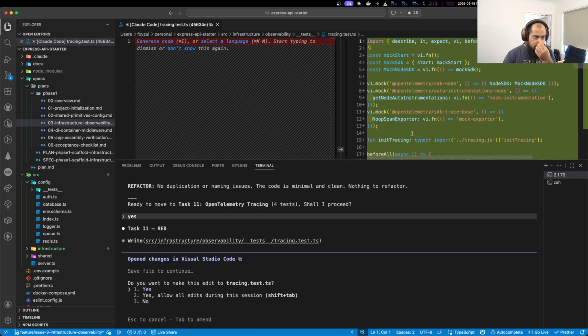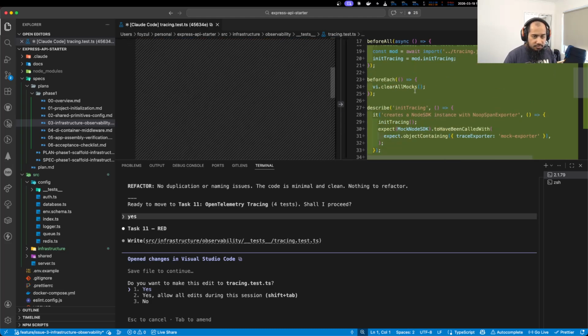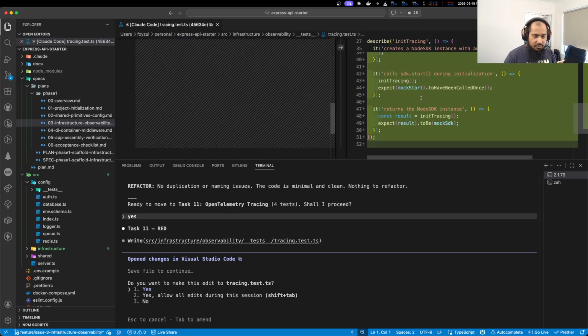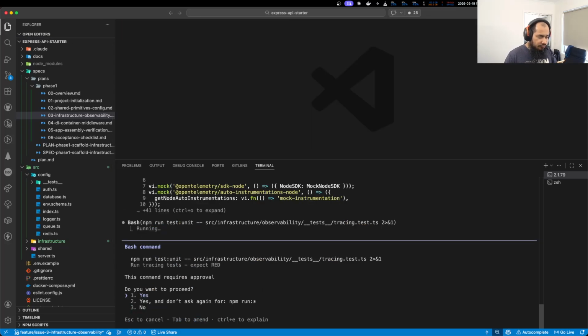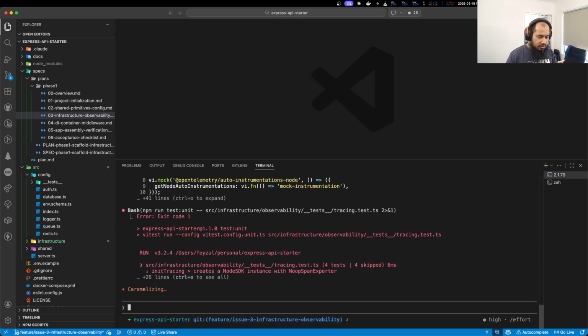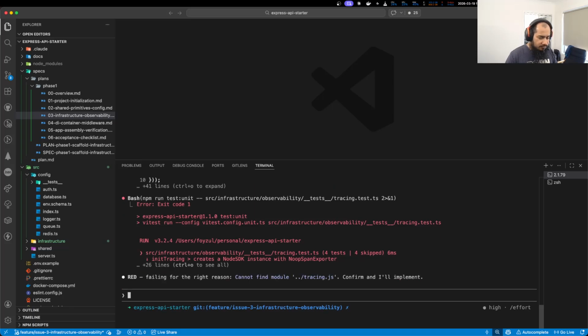Now for this case, it is trying to implement the tracing and the test one. Okay. In future videos, I will not be doing this manually, I will just auto approve. But for now, in case you are curious, let me show you something.